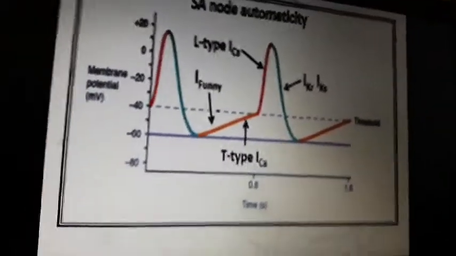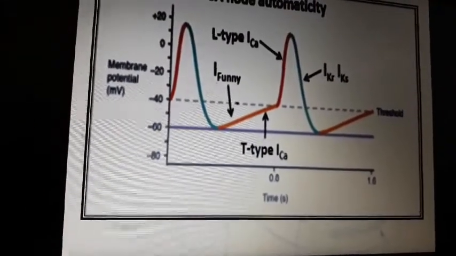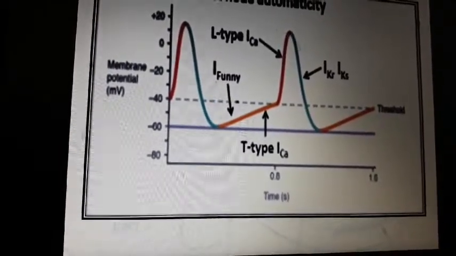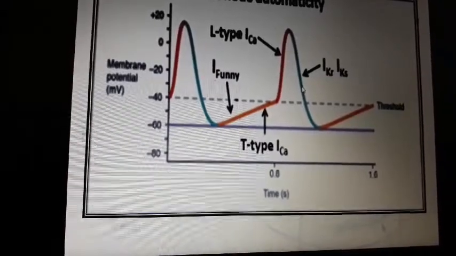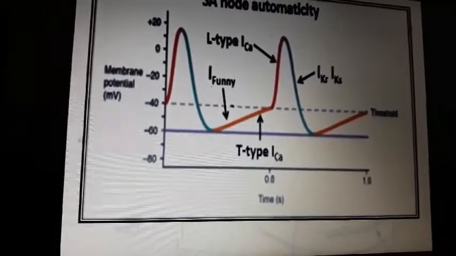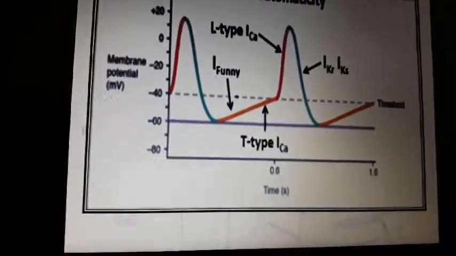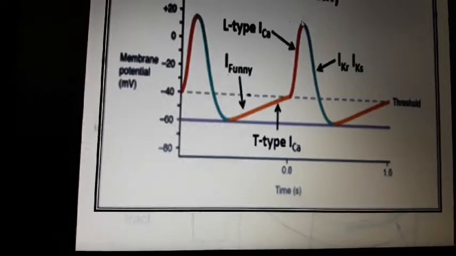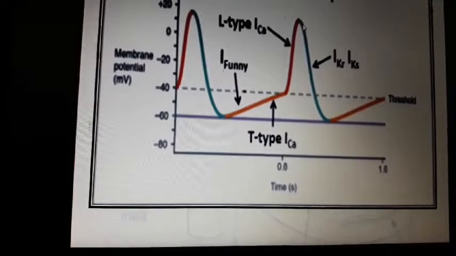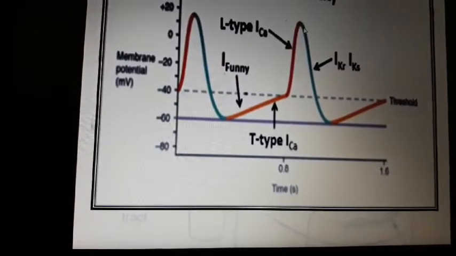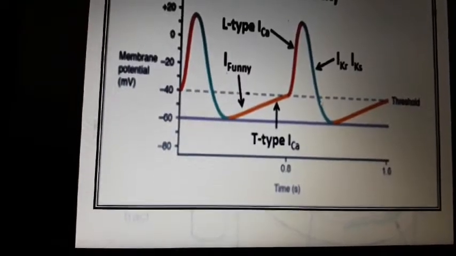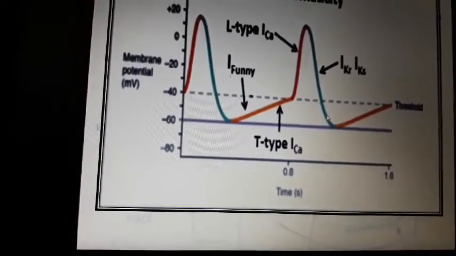Then suddenly, to balance out the changes which have been created inside the cell, there is opening of potassium channels. Wherever in the body the potassium channel is open, this causes hyperpolarization. This will cause potassium efflux out of the cell, creation of negativity inside the cell, and further will lead to falling down of the action potential back to its normal RMP state.